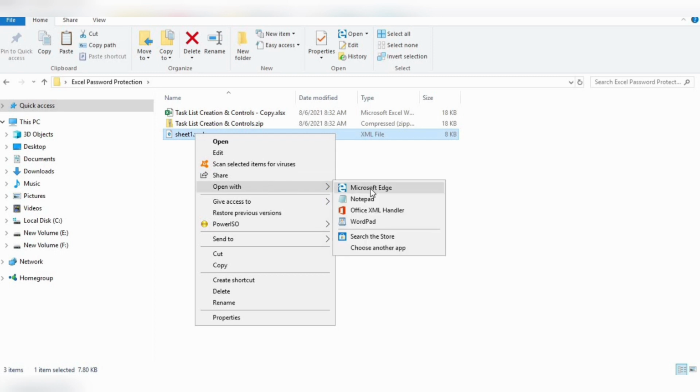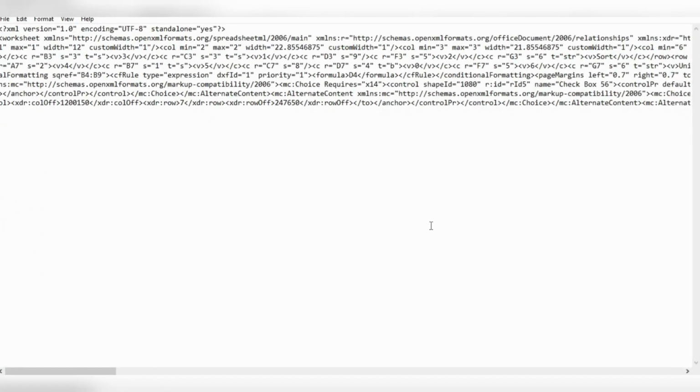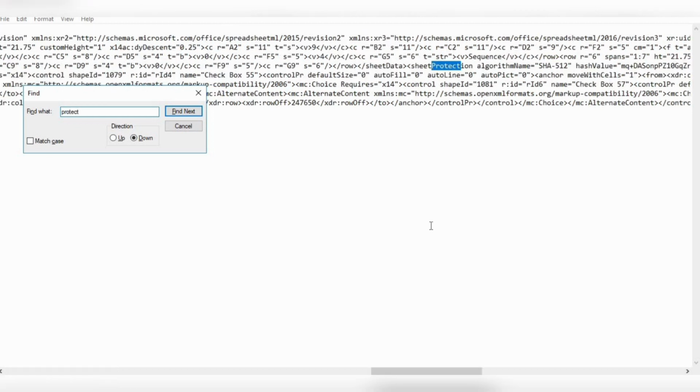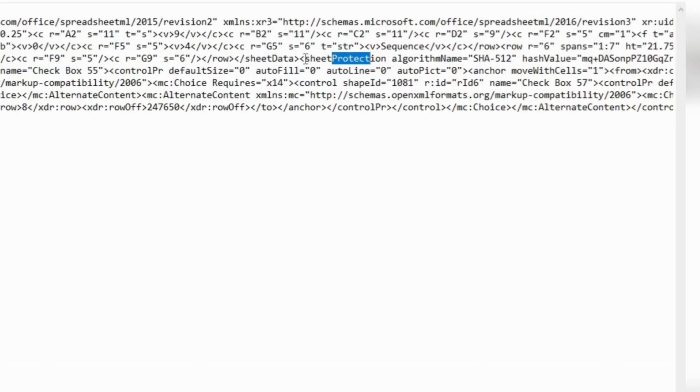Go to Open with, and choose Notepad. Now use the same Control F, find the word protect and press Enter. Now here we can find the protect. There is an opening tag.